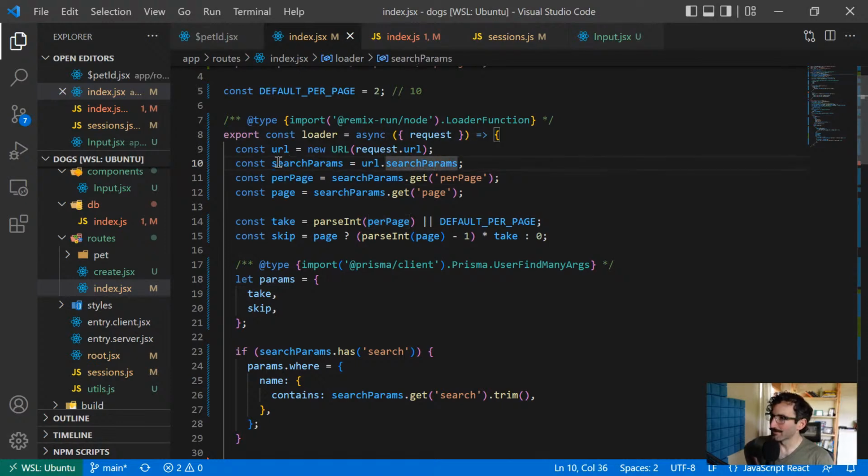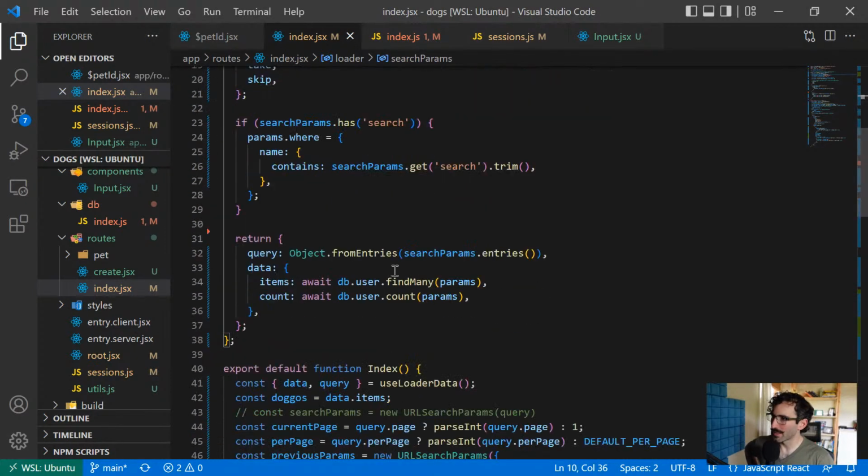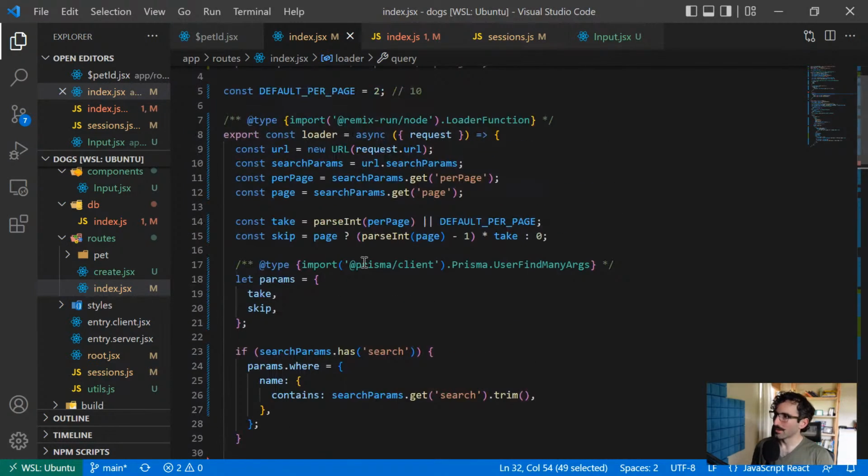Okay, what am I doing? I think what I want to do is actually convert this object, maybe this query object first, and say something like